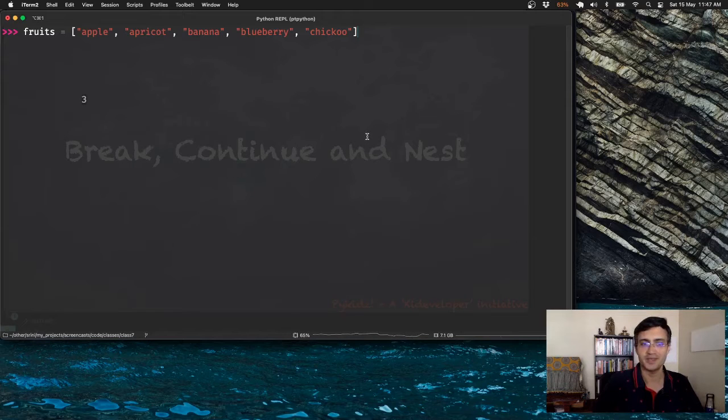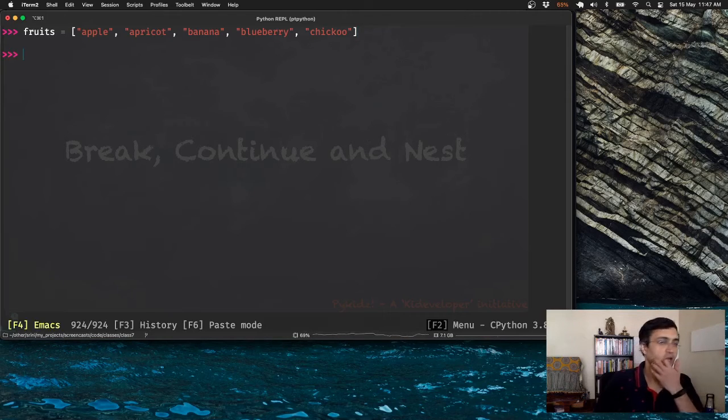A copy paste makes it faster, and then I'm going to do a for loop: for fruit in fruits. Now the loop starts. Typically you want to break on certain conditions, so for that checking I'm using an if condition: if ban